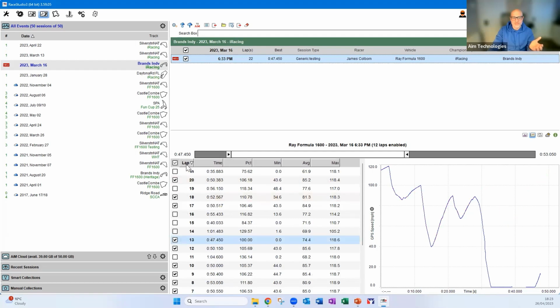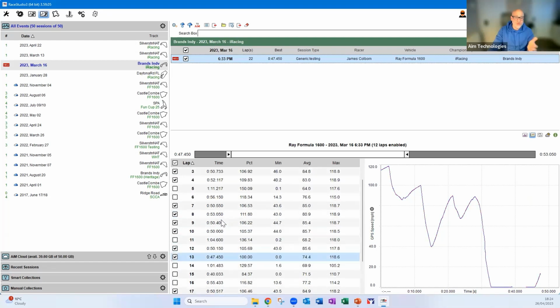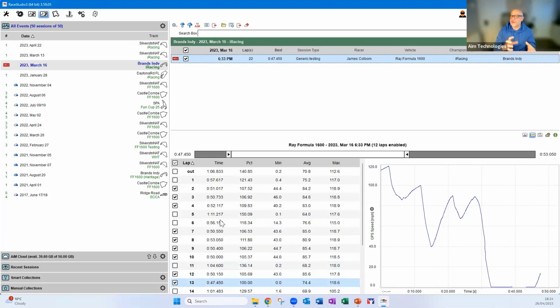If I sort this by laps, for example, you can see that there are moments when you're looking at a lap time. Now, a lap time at Silverstone should be around about 50 seconds. This one here suggests that I did it in 47 seconds, but I don't think that that lap is complete. And so we need to think about going in and cleaning up a little bit. And that's one of the downsides of being able to use simulator racing data. There is a little bit more cleanup than there is in real life, because chances are in real life, you don't sort of go as all out as you may do in the simulator. Some of you may do, and you may have sessions and laps that are this long,